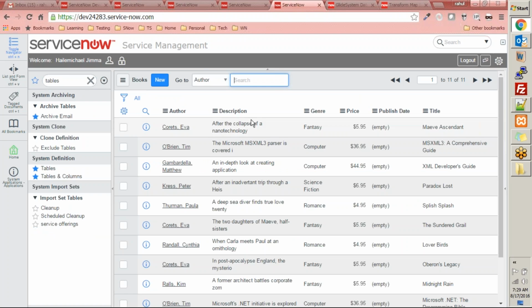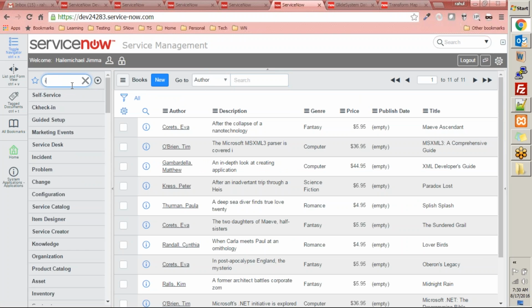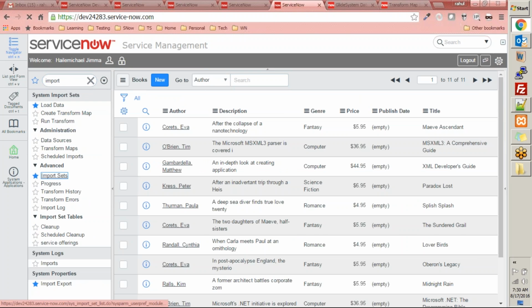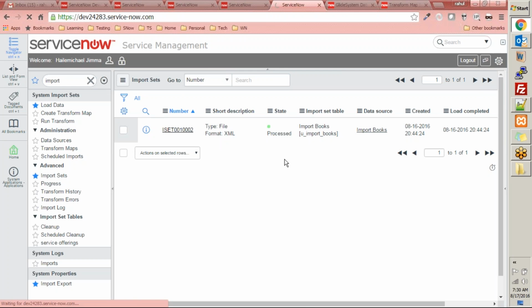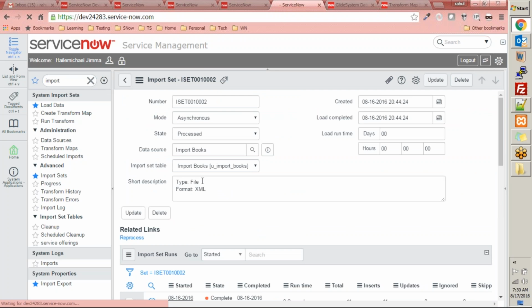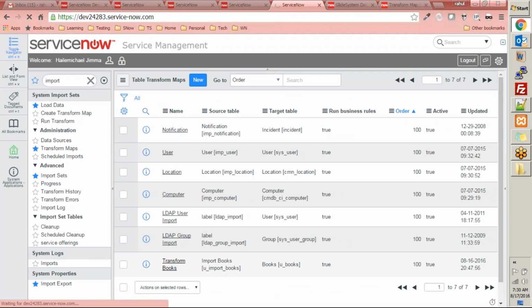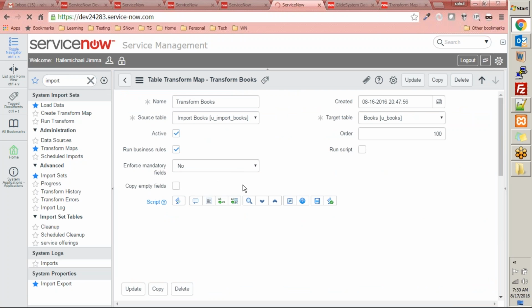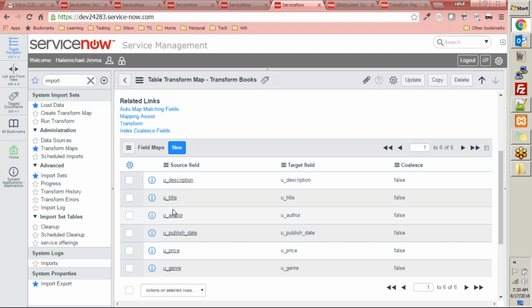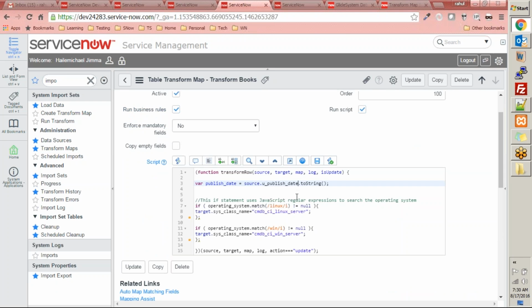From the transformation script, I know that I need the date name. In the import sets, I need to go into the transformation maps, and within the transformation map, I have to look for the source fields, and the name of the field is uPubliched. So I need to go into source.uPubliched.toString, and then